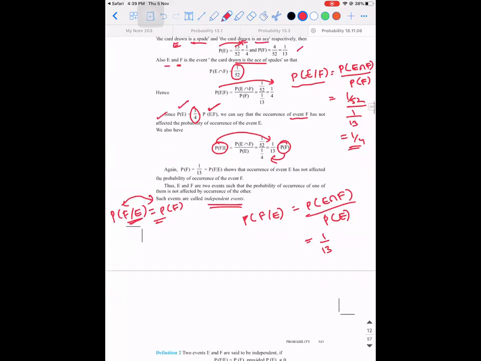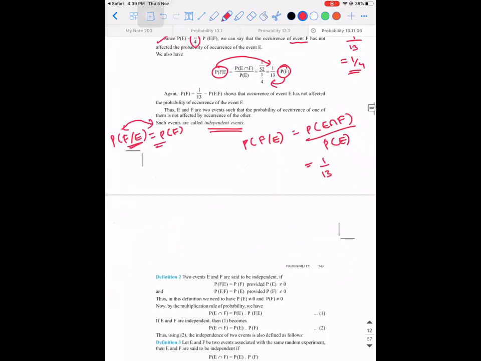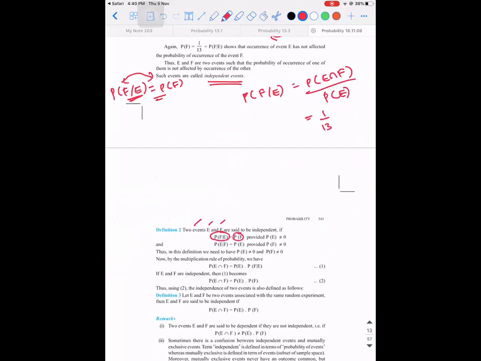So let's see what the mathematical conditions for two independent events are. For two events E and F to be independent, probability of F given E is equal to probability of F, meaning the probability of the same event in the numerator. Similarly, probability of E given F is equal to probability of E. When this condition appears, what does the multiplication rule tell? Probability of F given E is probability of E intersection F divided by probability of E. But if E and F are independent events, what is probability of F given E?